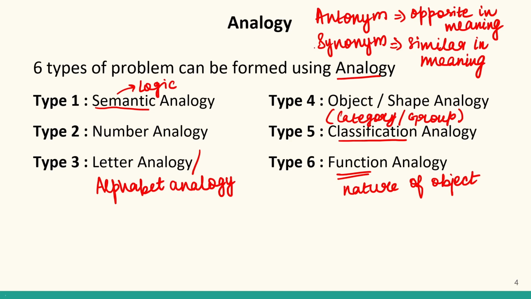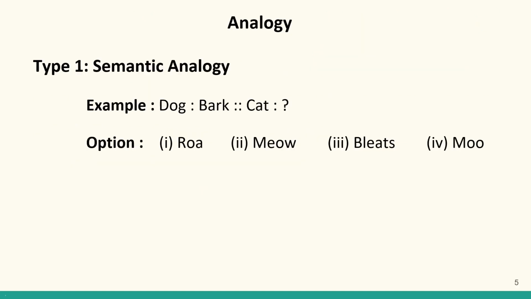There's a very short trick that you can use to remember these two words, S and S. So S for synonym and S for similarity. So the other word will automatically mean opposite words. So if you remember this S and this S, you can easily remember the meaning of these two words. These two words are very important when it comes to analogy. Okay, so let us start.